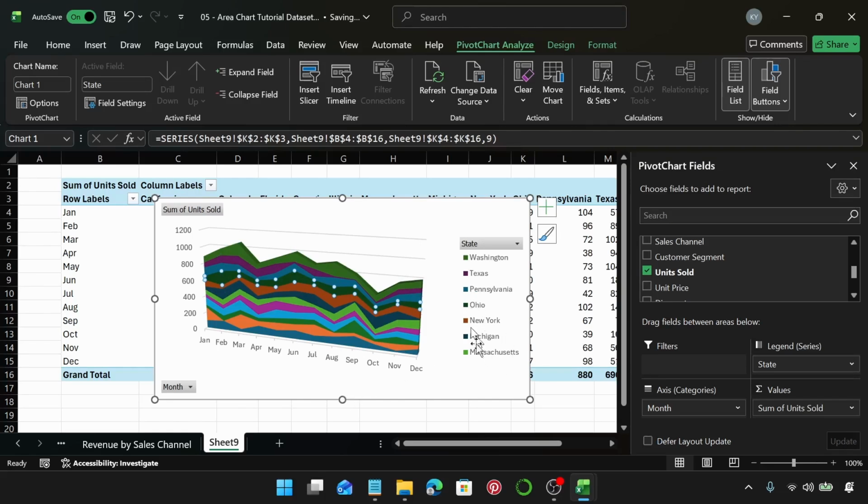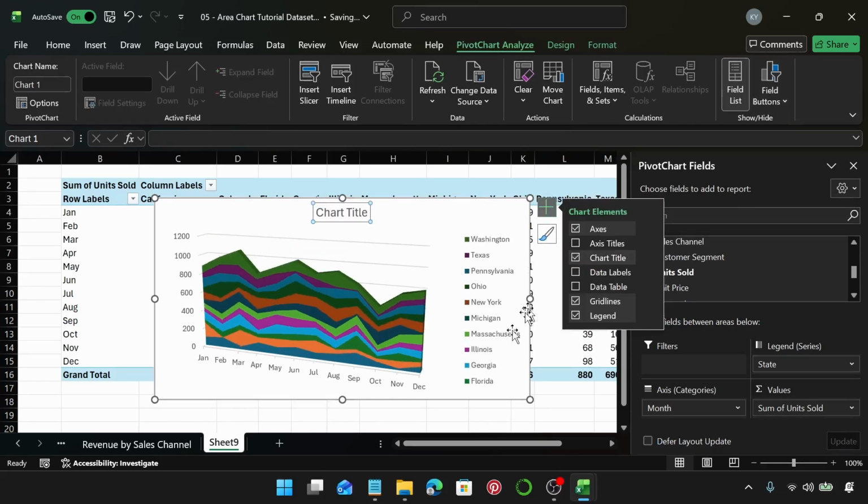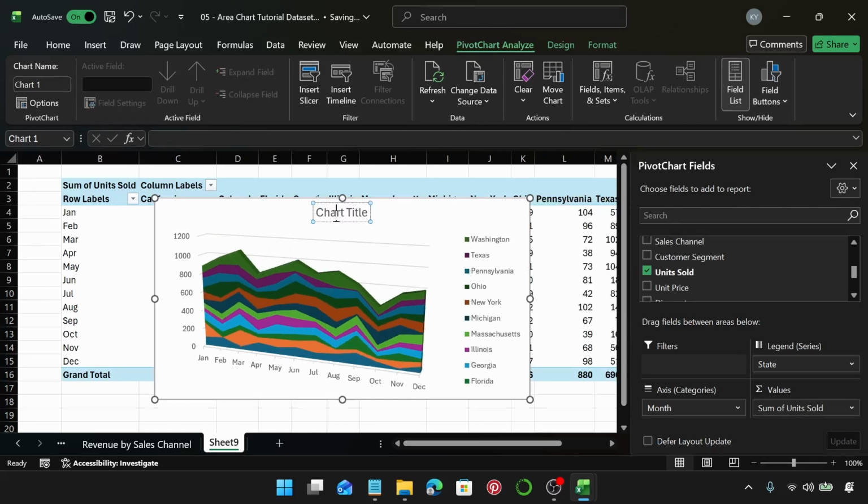So some of the legends are missing because there's not enough space. Let's just right click, hide all field buttons on chart. Now we have more states. When I create a chart title, some of it's going to disappear. I'm just going to rename this. So this is going to be, what is it? Units sold